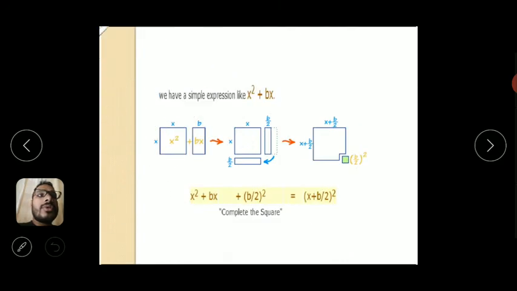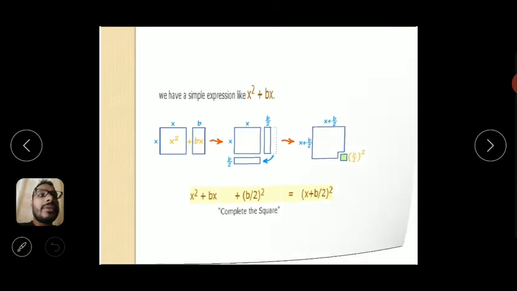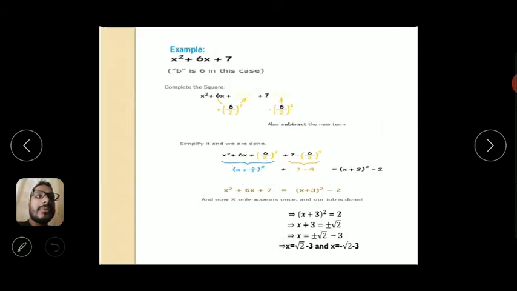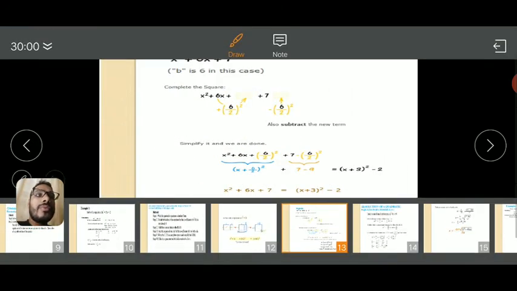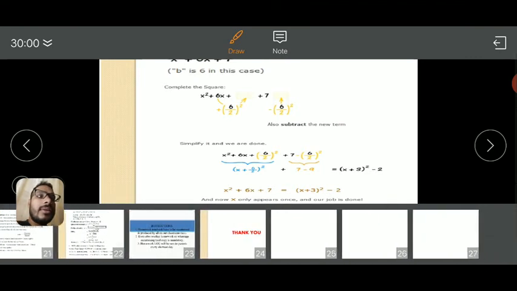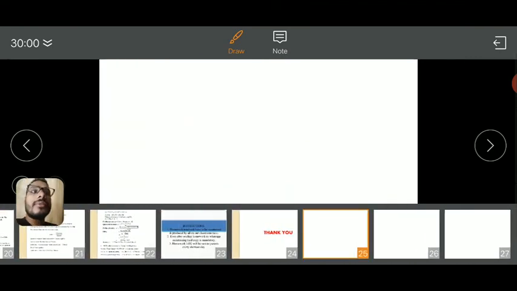We'll take an example to understand this better. Completing the square method means what? Before we go to the example, let me brief you about what the completing the square method means. Completing the square means we are trying to complete an incomplete square. Whatever equation is given, that is not completed, so we have to complete the square of that particular